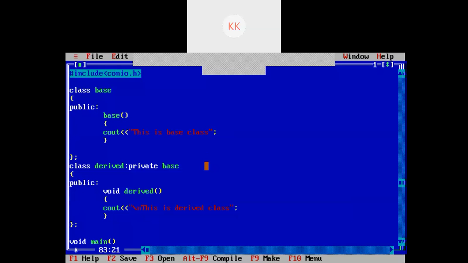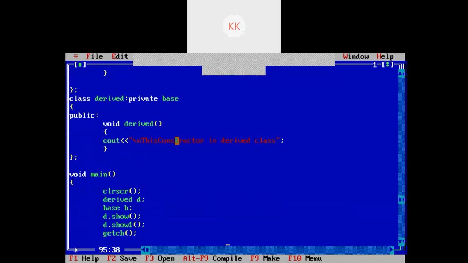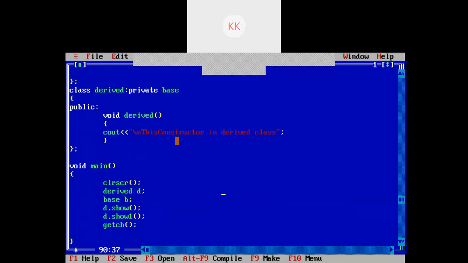So I will write here, constructor in derived class, and this is constructor in base class. So now there is no need to call this.